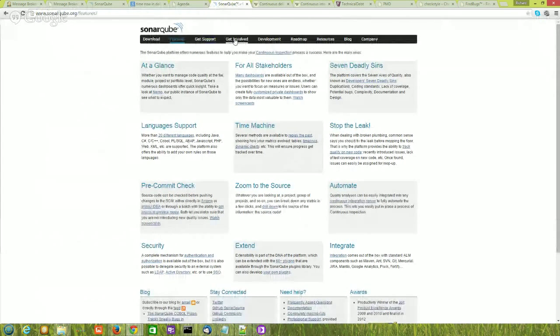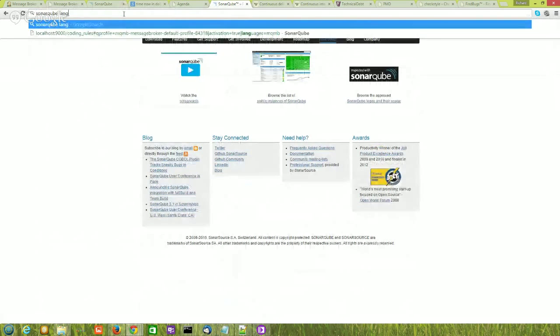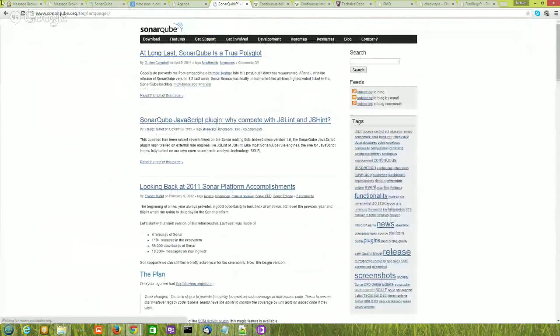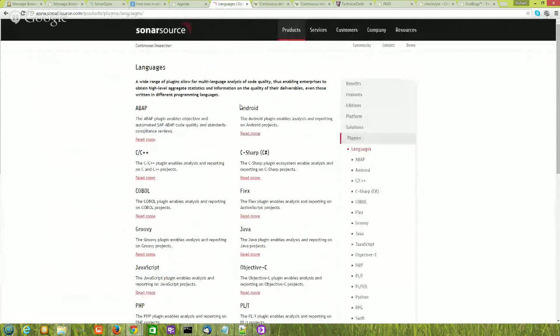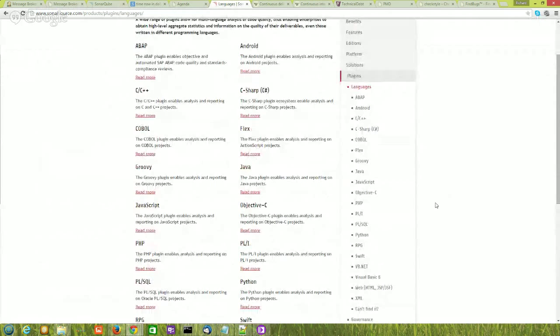I'll just see if I can find the SonarQube languages. And it does support a whole number of languages. So some of these come out of the box, and some of them are third-party commercial ones, like our plugin. But if you're doing .NET or C#, PLSQL, PHP, Flex, a whole bunch of different languages, it does help and aid your development by providing a second